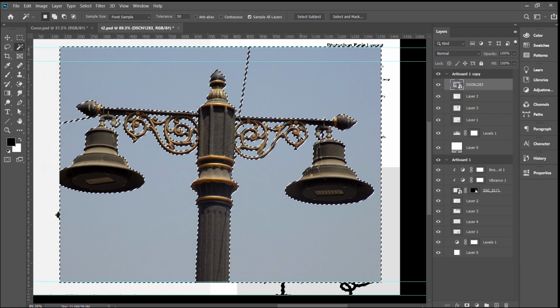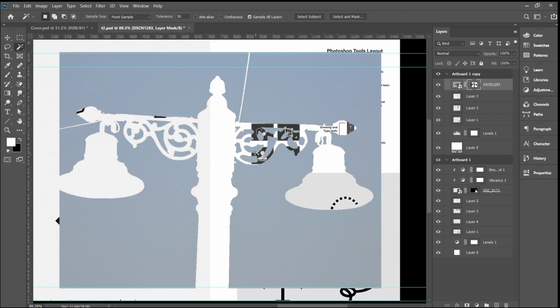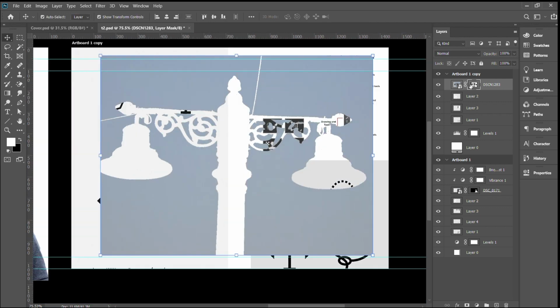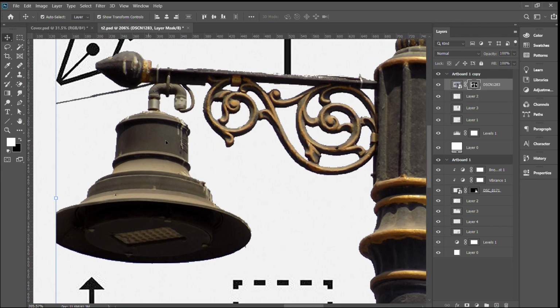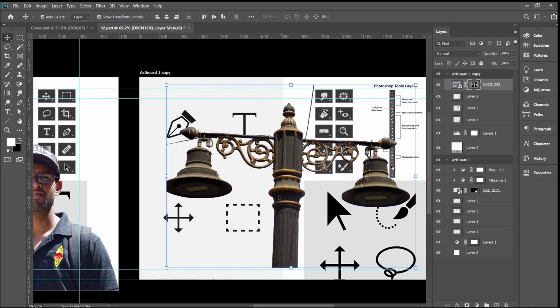I'll make separate videos explaining all these features of selection options bar. So if you don't get it for now, don't worry. You will observe that the object is hidden. So to inverse this, select the mask and click Ctrl plus I from your keyboard to invert the colors, which means the black part is now white and the white part is black. So now the object is having a transparent background. Hope that you have understood using selection tools and masking.